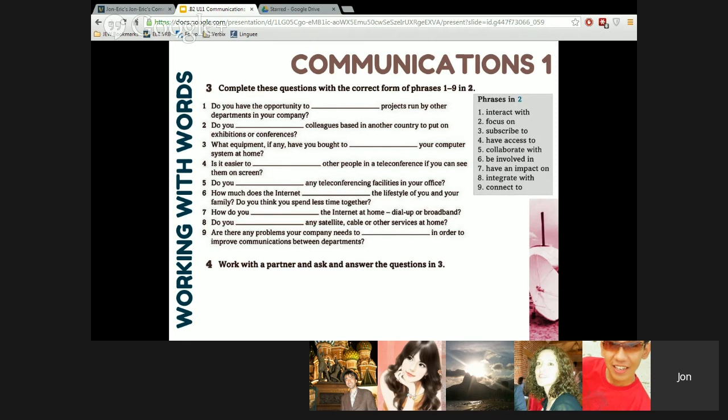Yes, before, when I worked in a company, an electronic manufacturer, I had the opportunity to be involved in projects by other departments in the world. Such as? So what's an example of a department that you got involved with? Such as